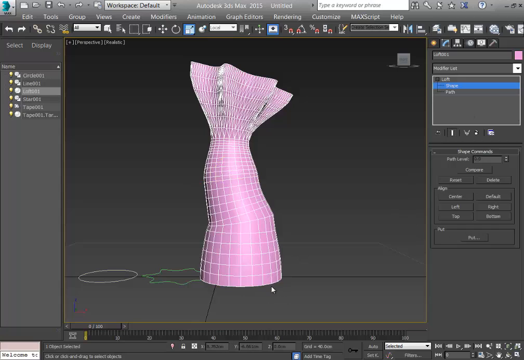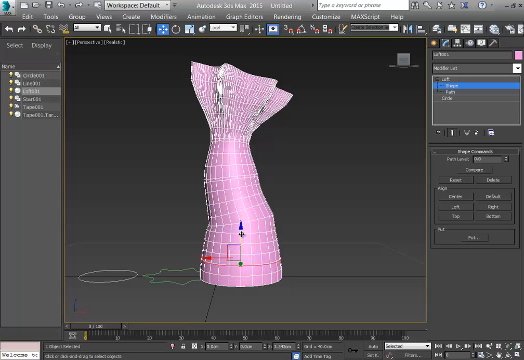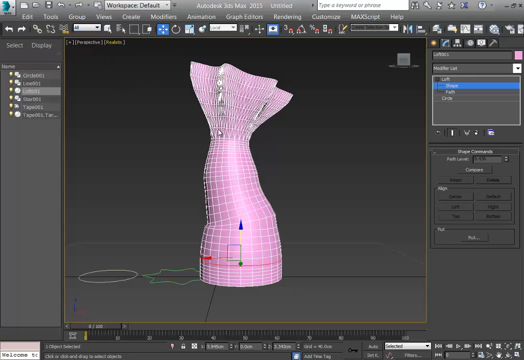Then I'm going to select this shape and move it up as a copy, slightly up. Okay, one more copy, and let's say this will be in this size. This first shape will just get,